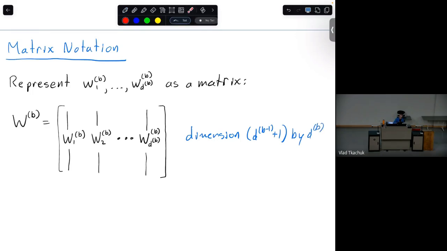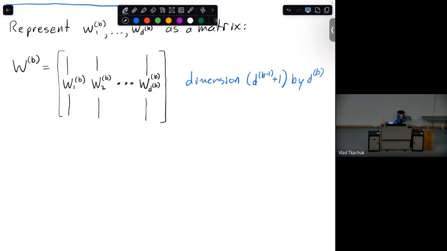The reason why is that each one of these vectors has the dimension of the previous activation vector, plus 1 for the bias, times the number of columns there are. What's the point of this? The point is that you can rewrite the activation vector not as its elements, but as just an operation: the activation vector of the previous layer, transposed, applied not to a vector now, but to the whole matrix.